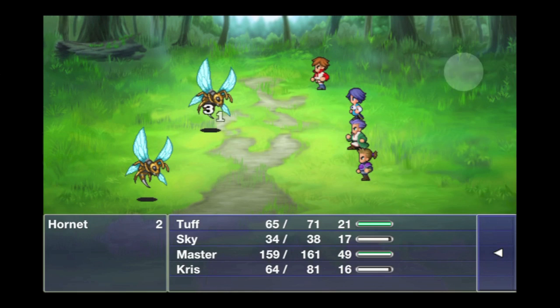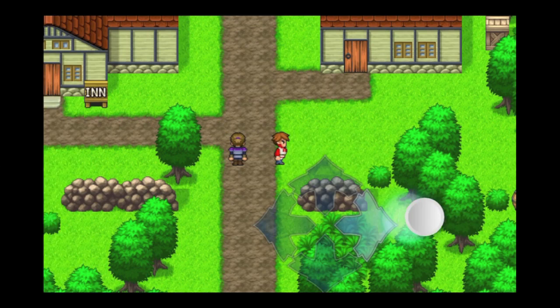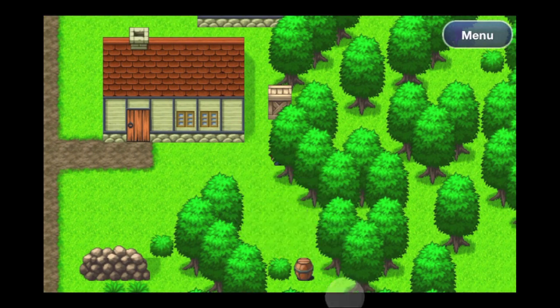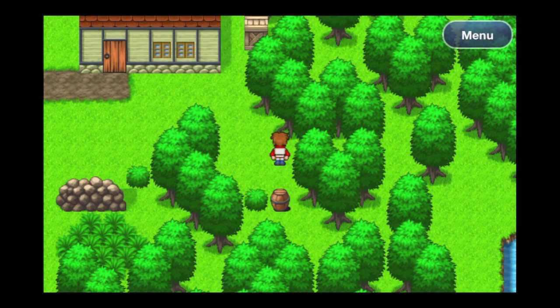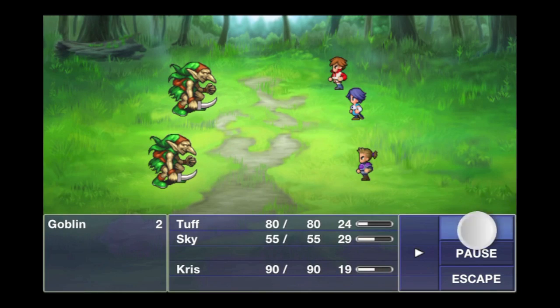Of course, it's not all perfect. The movement of the characters on screen isn't the best with your fingers. There are several different control types to try out. My favorite so far is slide. This allows you to touch anywhere on the screen to move, so you're not bound to the one location of the on-screen control pad. The non-boss battles are of course random, and I've found from just playing the prologue, they're